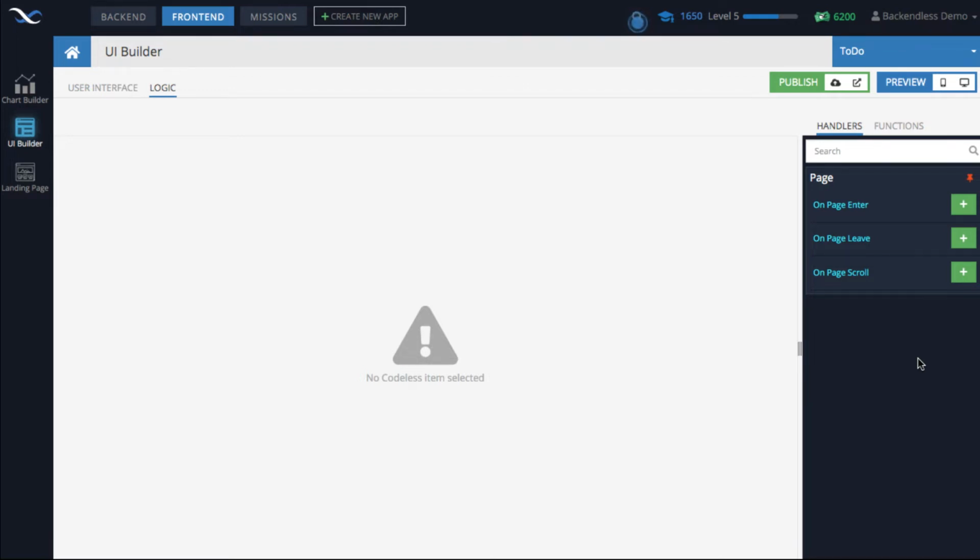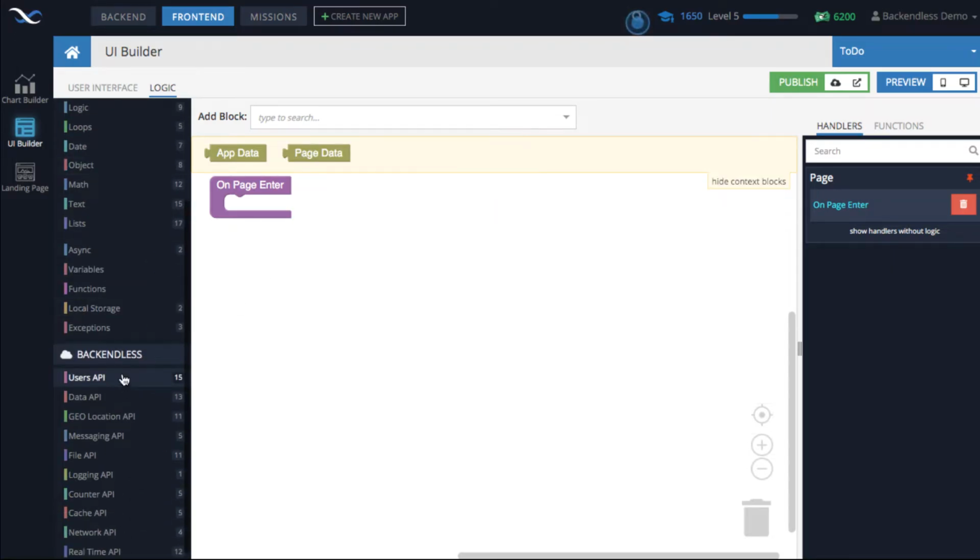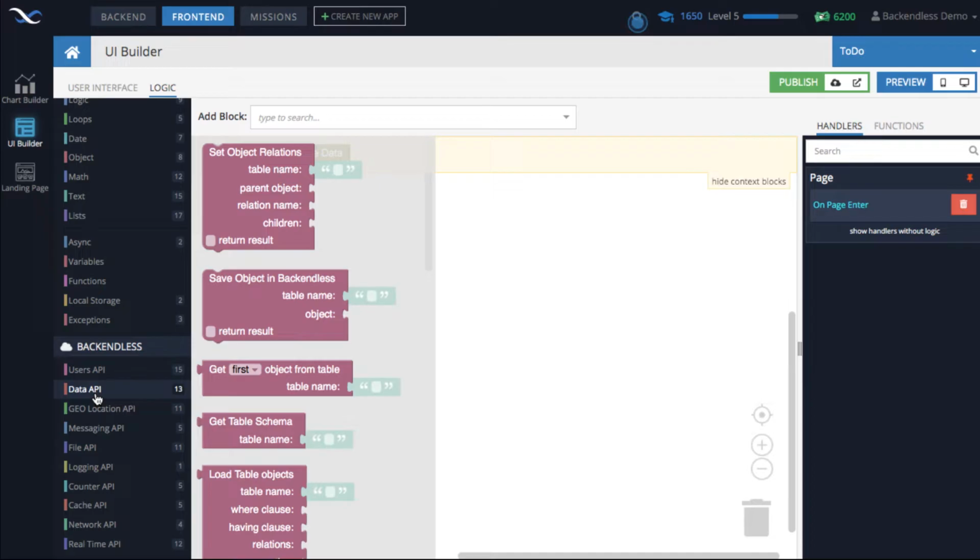And right at this point, we want to retrieve data from the database and assign it to our to-do list. How does it work in Codeless? Let me show you. You click on the green button to add logic. And this is our Codeless logic that is executed when the page is being entered, when the page is loaded. And in here, we go to the Backendless section, and the data API